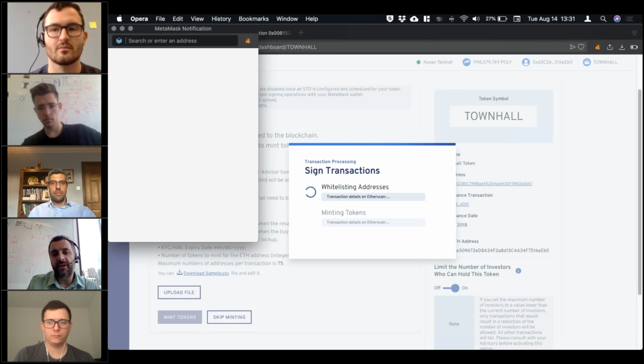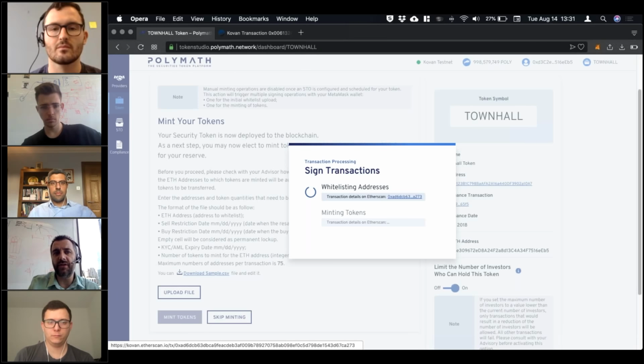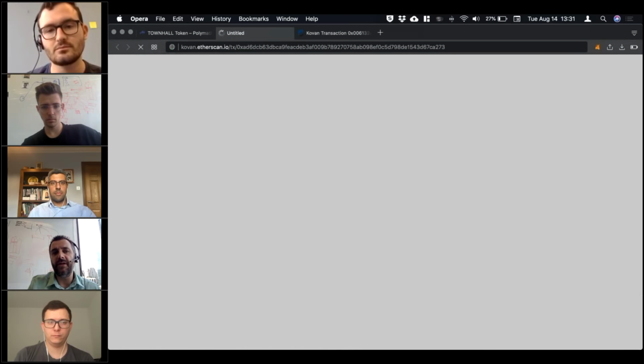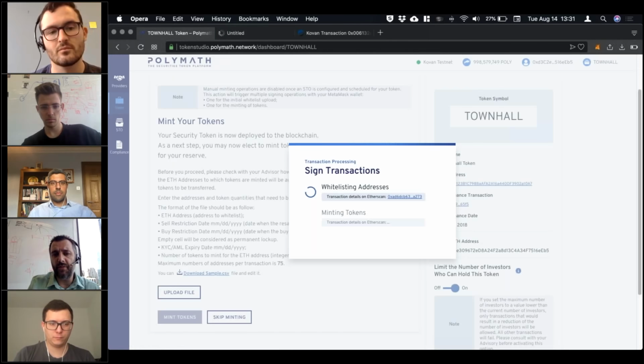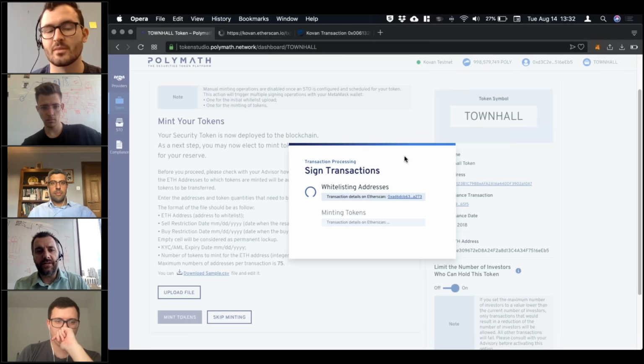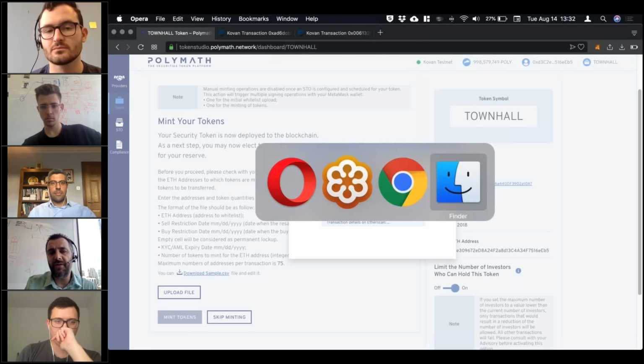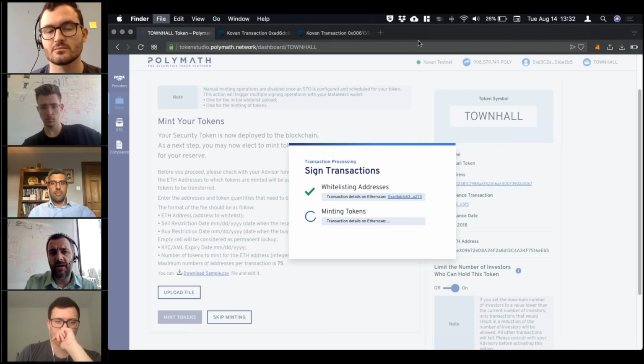So now that the whitelist has been updated, and here's same thing, for every transaction that took place, I have access to the TX hash, so I can go take a look at it in the Kovan Etherscan, or I can move on to the next operation, which, once the whitelisting is done, will be the minting. To give everyone a high level view of what that list looks like while the miners are doing their thing, I'll just